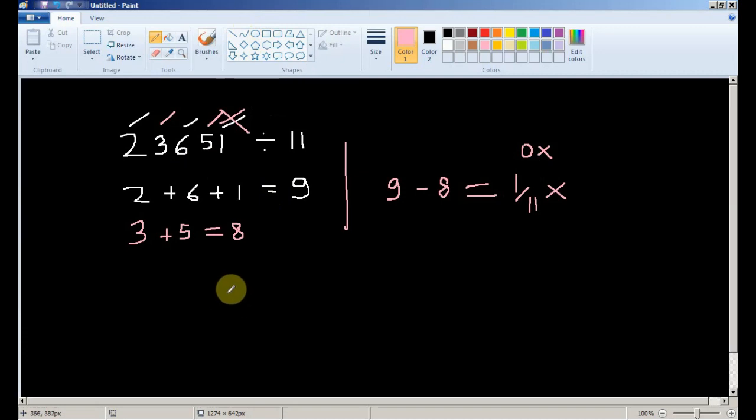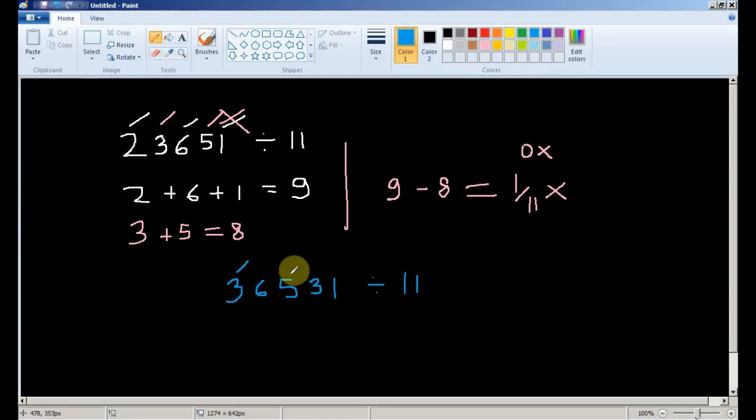Let's do another example. Let me change the color. This time I'll take 3, 6, 5, 3, 1. Some random number I took, and let's check if it is divisible by 11 or not.